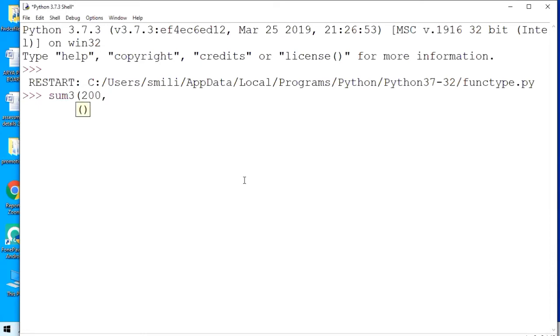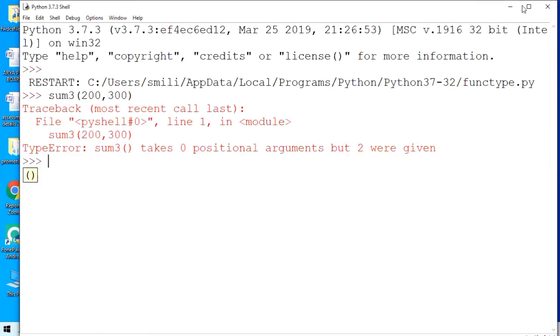Give 200 as the first value and 300 as the second value, and it will not work because we have created non-parameter. So finally we got the error. Correct. Very good, Shashank. That means we need to call sum3 without any value.